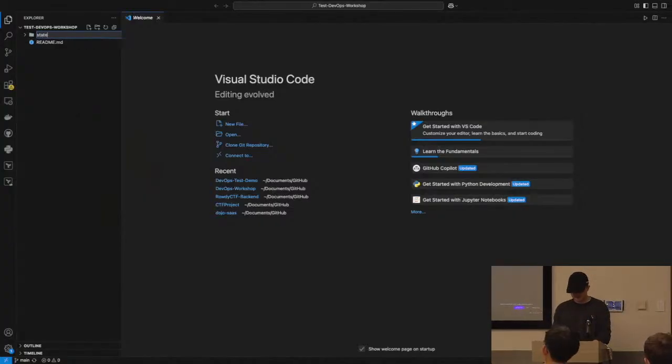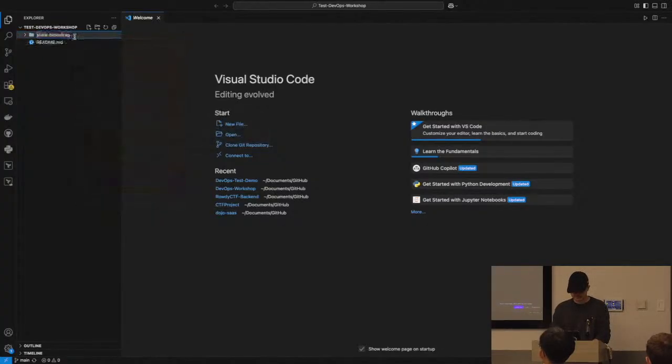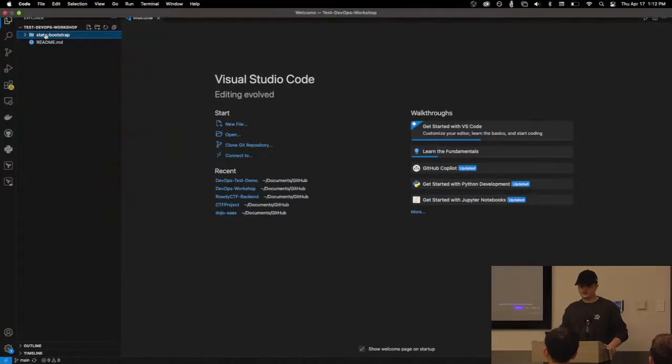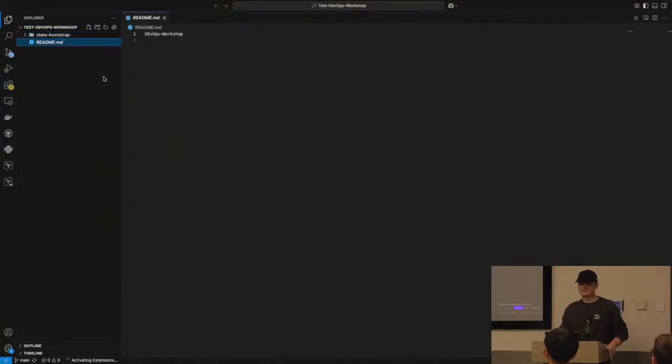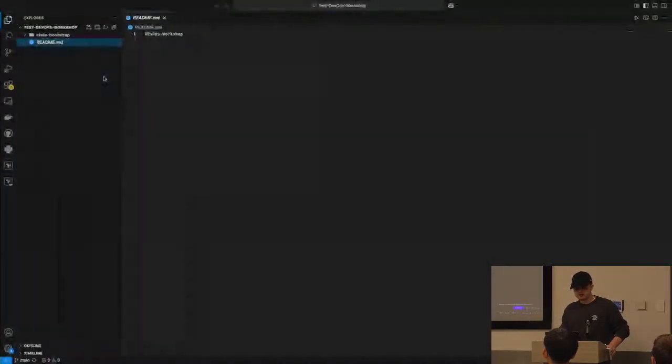So I'm going to make a folder here called State Bootstrap. I misspelled it. Yes, sir. What's up? I don't get this README file. README? README is basically, I think it's in all Git-based repositories, but it's essentially a way that you can write a brief description on what your repository is. Does it come automatically or do I have to do something? Oh, I just added it because my computer gives me issues if I try to clone my repo without having a file in it. So this is optional. You don't have to worry about that.